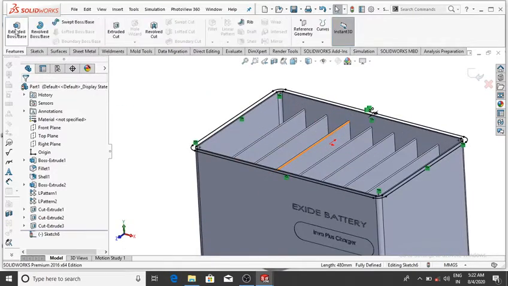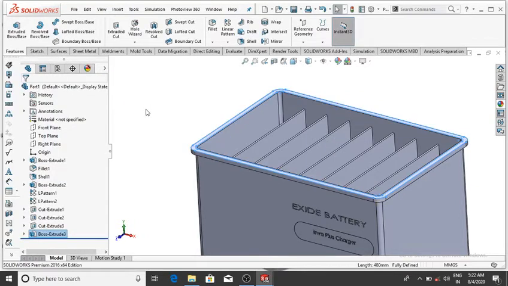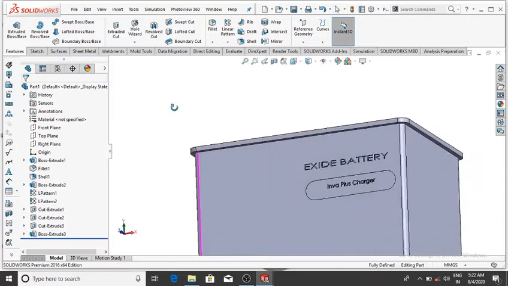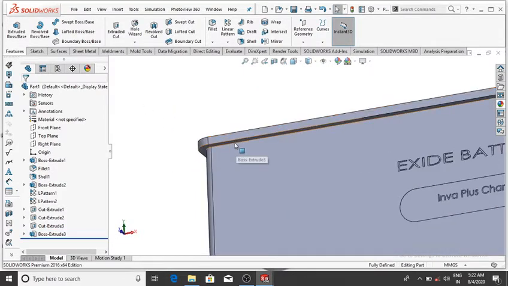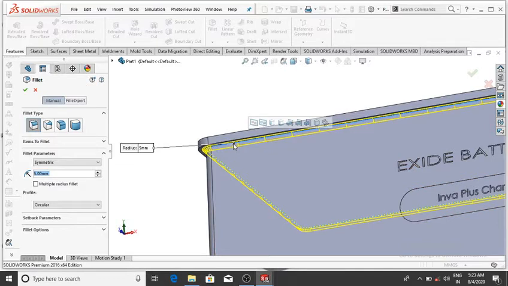and from this sketch make the extrude of 10 mm. So go to the feature and select extrude boss base and make it 10 mm, but we apply this extrude to reverse direction. So simply select reverse, then okay, and we make the fillet on this corner of 5 mm. So simply go to the fillet and select the 5 mm and select this corner, then okay,